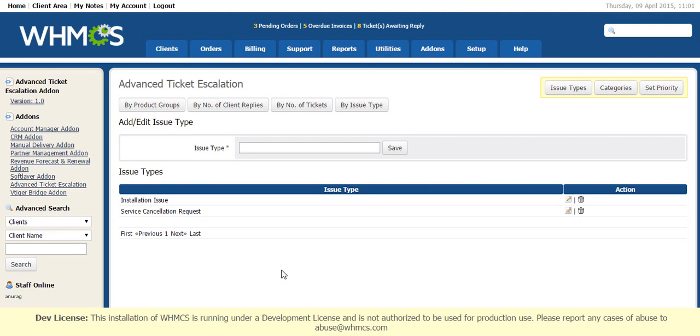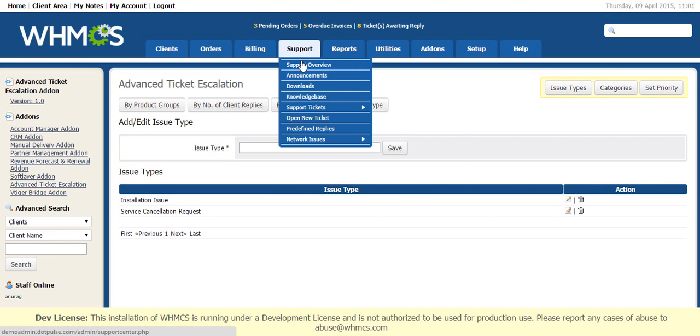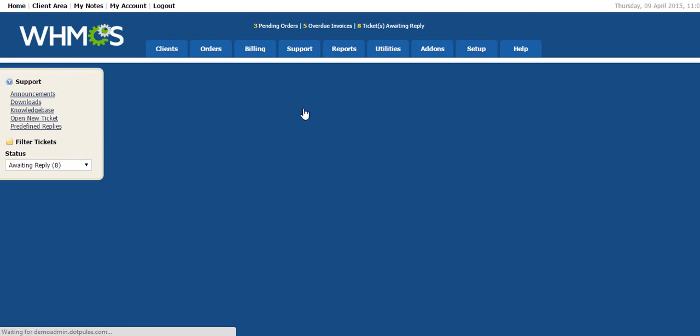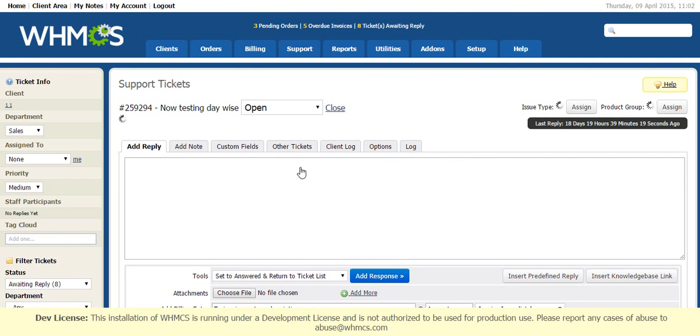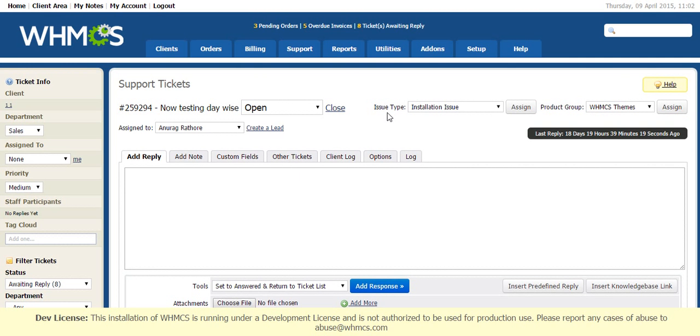Now one question may come to your mind: how can we associate an issue type or product group to a ticket? Click on a support ticket. Here you can see the issue type drop down and the product group.